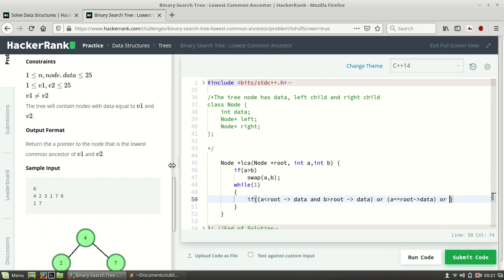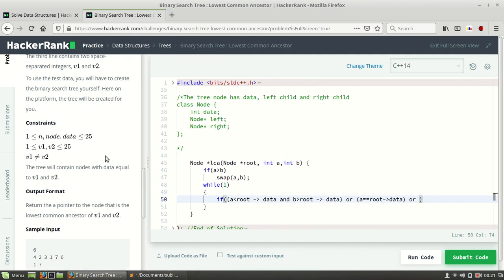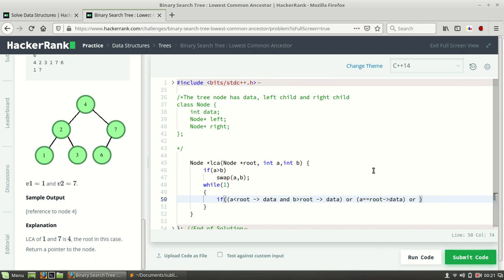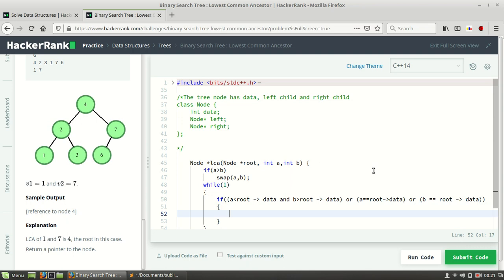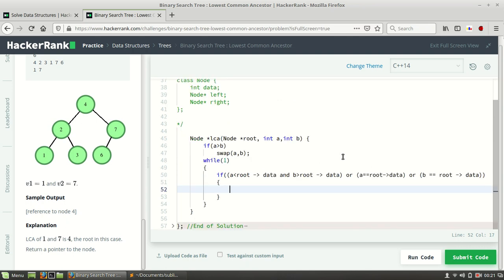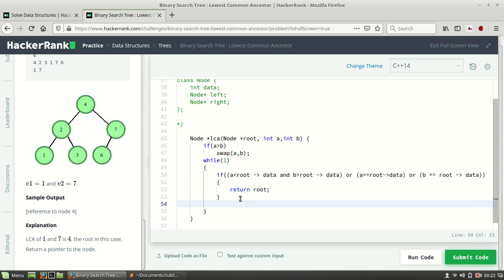Let me increase the breadth of this. Hope you understand this. So what we will write here is, if both match then we need to return the root, because we don't need to return the number, we need to return the root address, so we will return the root.